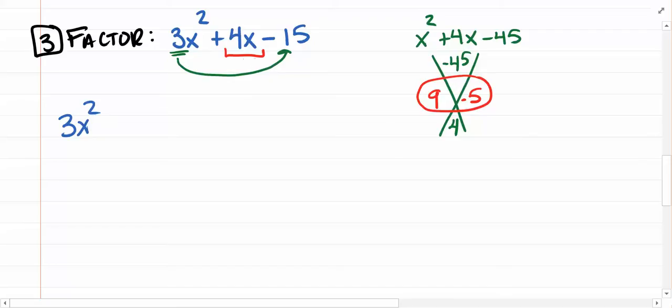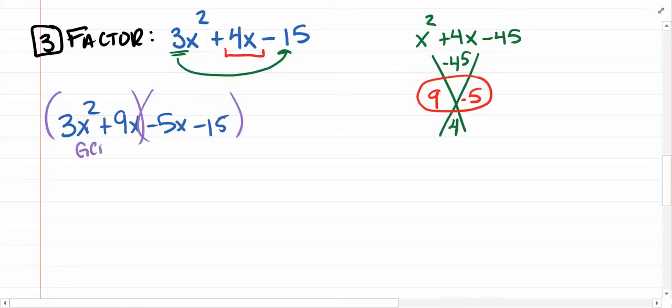I'm now going to split the 4x by the way that I've solved my diamond problem. So I'm going to have a positive 9x, a negative 5x, and then the number 15. Do you see that I have written an equivalent statement? I've just traded out 4x's for 9x's minus 5x's. Really important part: from here, I can now group the first two terms and group the last two terms and